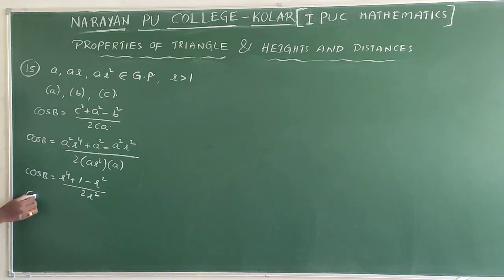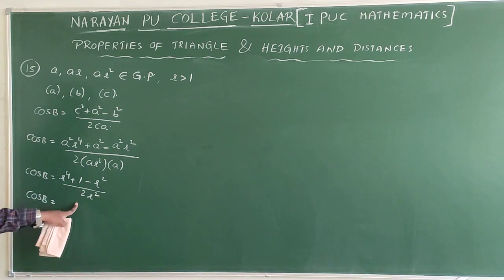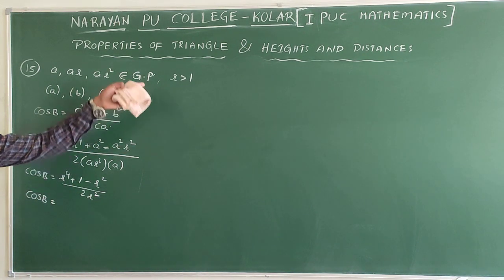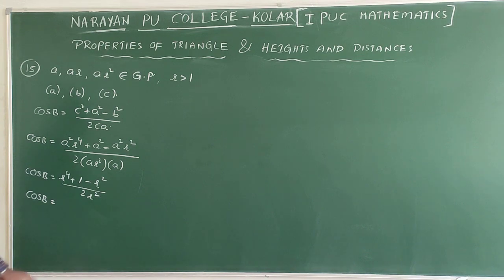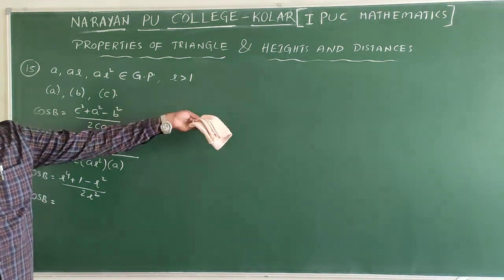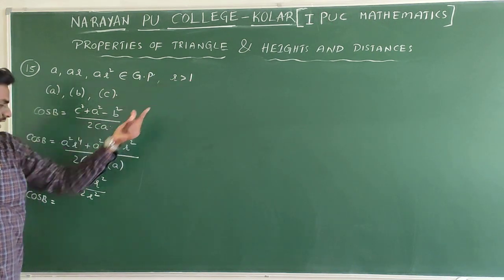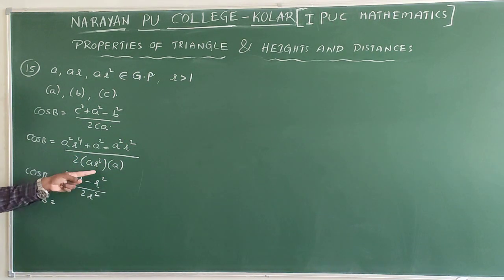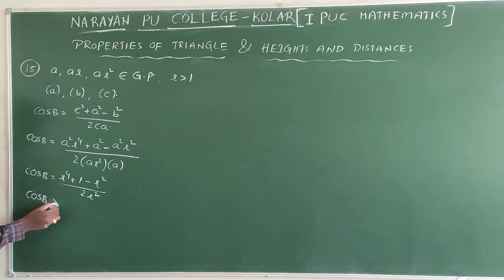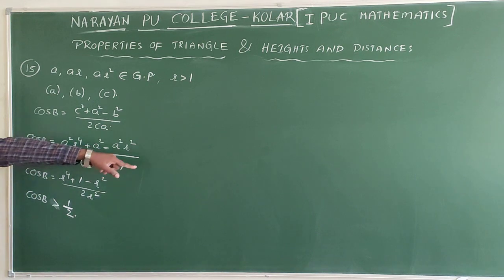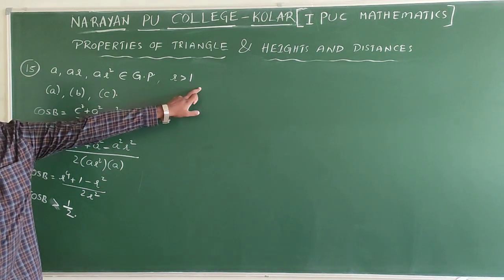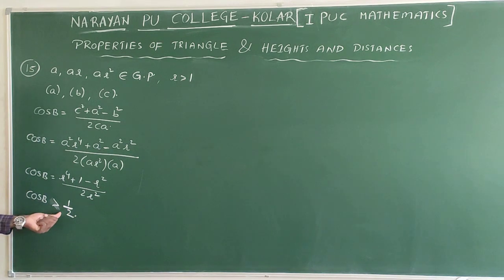If you take any value, the cos value will be up to 1 only. But if you take R as 2, you are getting more than 1. That's why we don't take R value 2. So for R more than 1, you can take 1 by 2, 1 by 3, 1 by 4, you check it. If you take any value more than 1 and substitute, the resultant value is greater than 1 by 2. If you have any doubt, you can take any R value more than 1 and substitute here; the resultant answer is compulsorily more than 1 by 2.